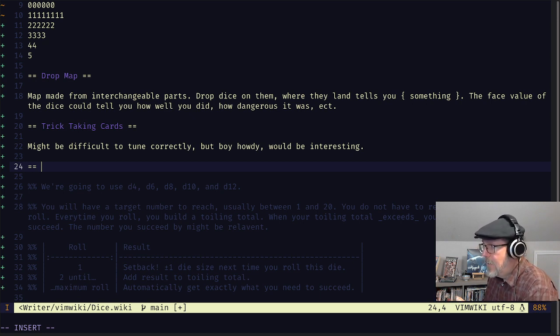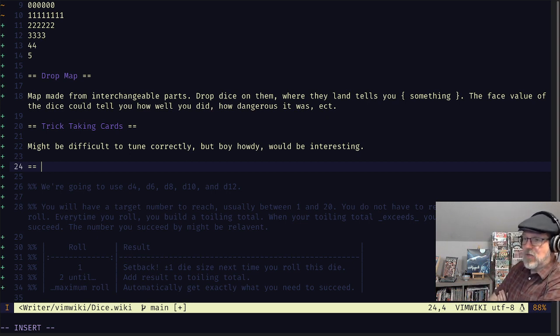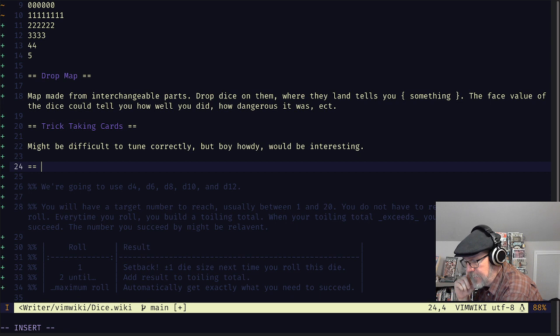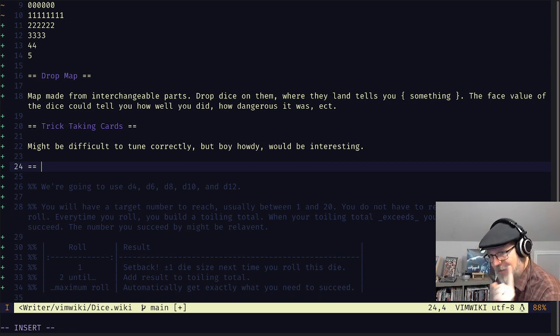Or you could just say, these are the arm cards. You could be dealt a hand of like 5 of them, with each interchangeable part being a suit, and then, okay, hold on, wait, good, I'm talking myself into it here.